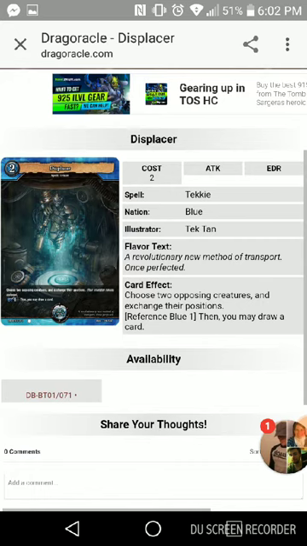Then it also has another effect, which is if you have a blue 1, you may draw a card. So, chances of that happening aren't very high, and I don't think that's worth it. I mean, it's essentially a free card, but I feel like for something that's so hard to hit, it should have had a better effect. But moving on to the next one,